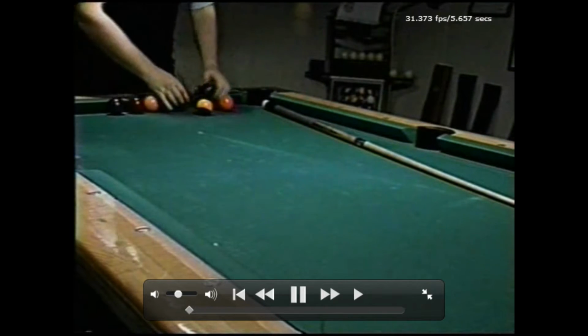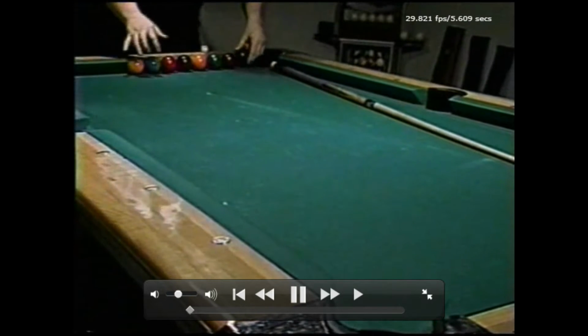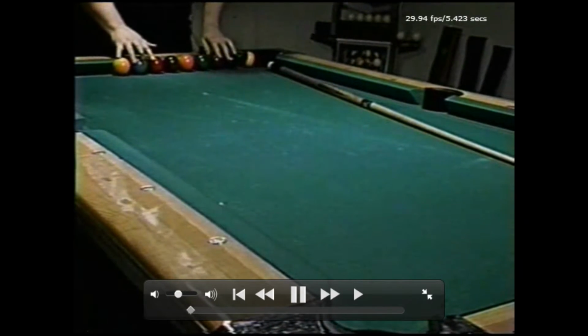This is shot number 1, and it is the most important shot in pool. This shot will create a stroke where there is no stroke. I can't overemphasize to you the importance of being able to shoot this shot correctly. This is going to create a stroke that is consistent, that you can rely on to do the same thing